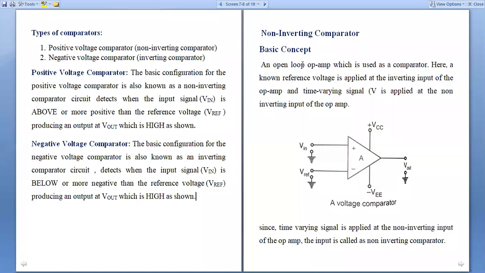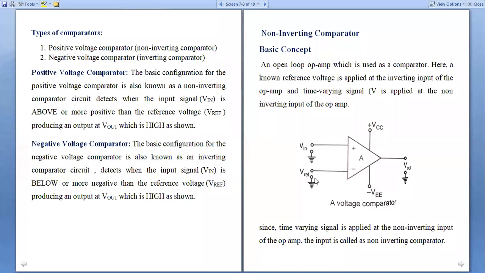Okay, coming to our explanation of the first classification, the non-inverting type comparator. Here in this non-inverting type comparator, it is an open loop system. We don't exercise any feedback. There is no discussion of positive feedback or negative feedback. The entire discussion is an open loop condition, and this is our 5-terminal operational amplifier. The input supply is connected to the non-inverting terminal, and the inverting terminal is connected to the reference supply.